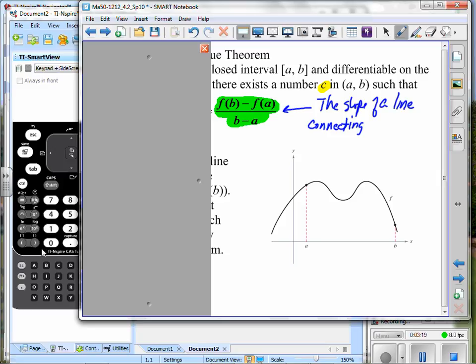Two points, right? What two points? Let's put it this way, points A and B, this is where x equals A and x equals B. What's another name for the slope of the secant? Average rate of change,